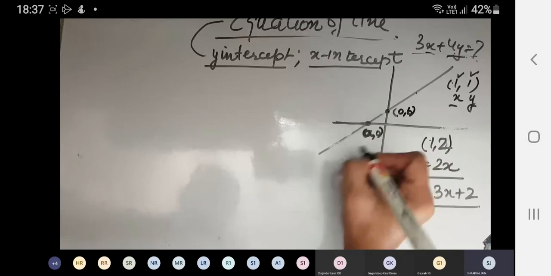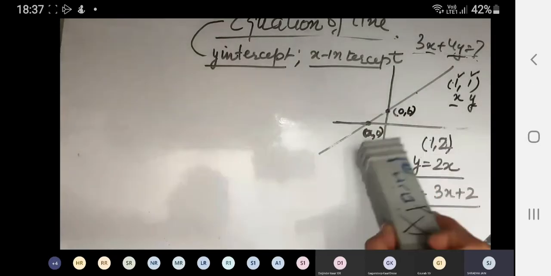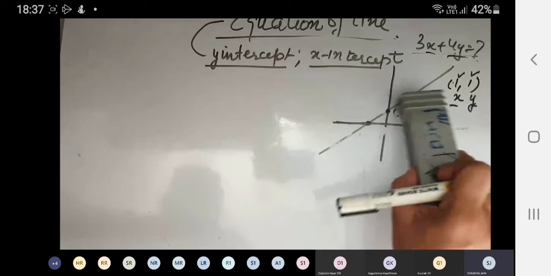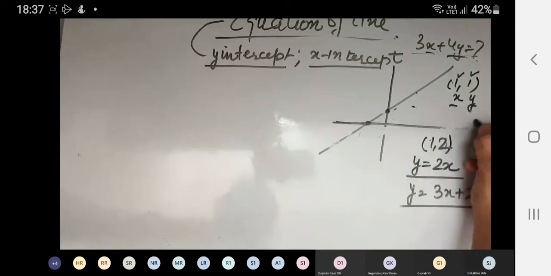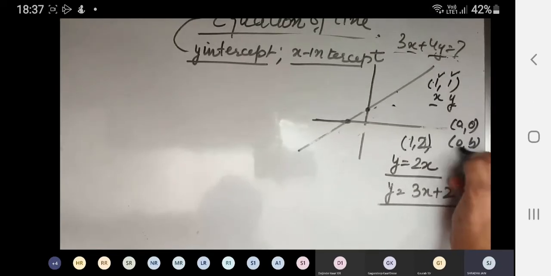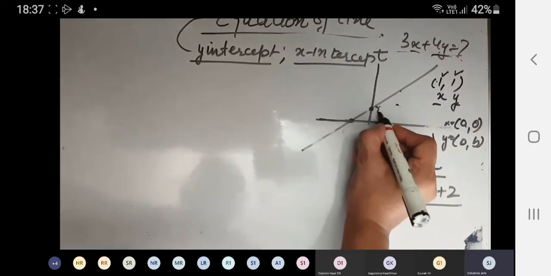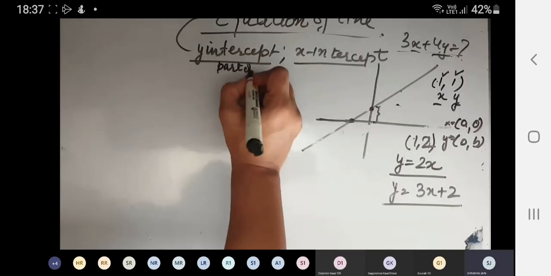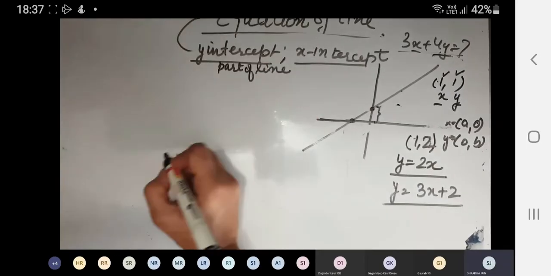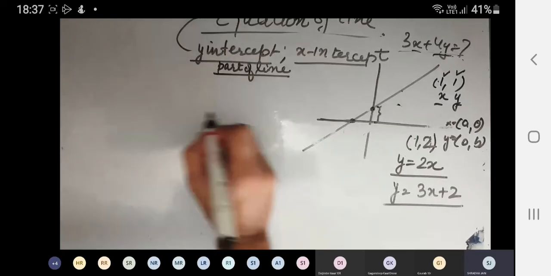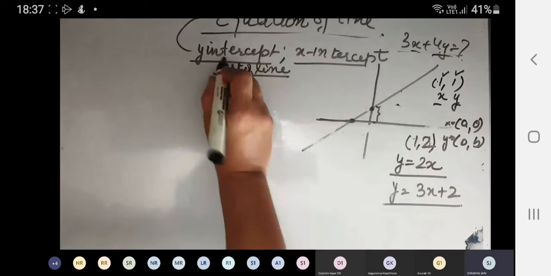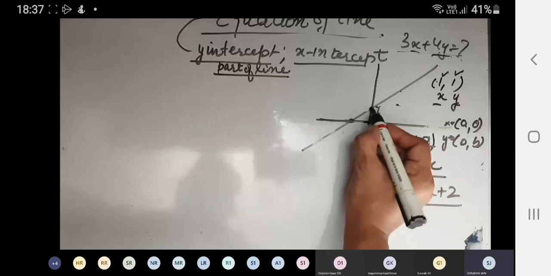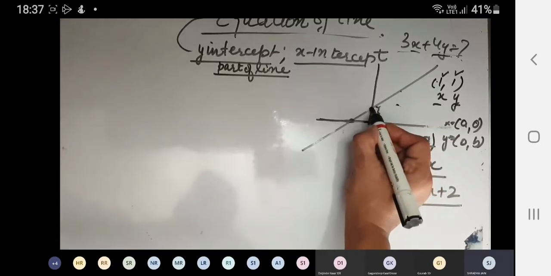A, 0. Whenever you have to take a point on the x-axis, it will be A, 0, with A on the x-axis and 0 on the y-axis. Now, what is this length? Intercept means the part of the line, the part of the line on the y-axis between the origin and where the line cuts the y-axis.